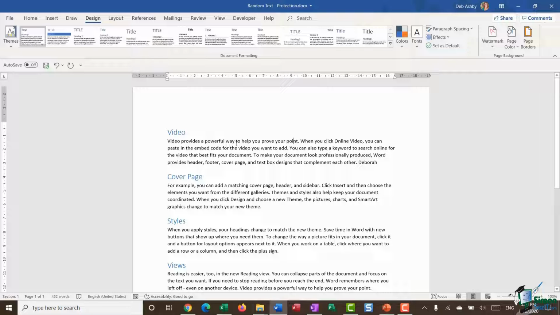In the next module, I'm going to show you how you can encrypt your document with a password, so please